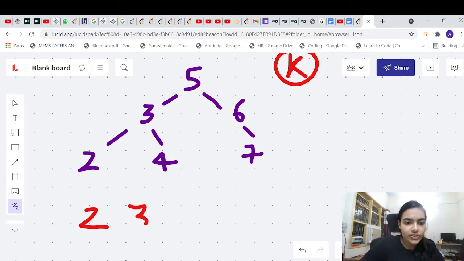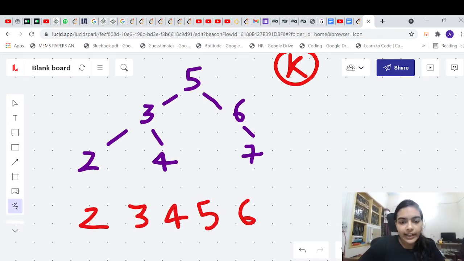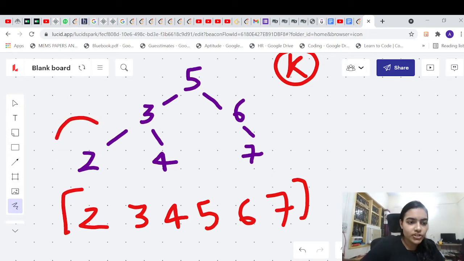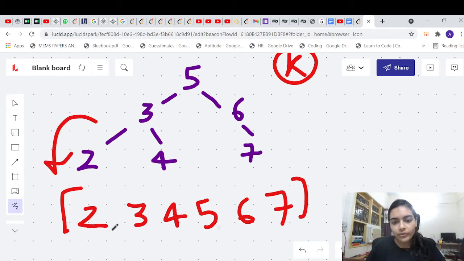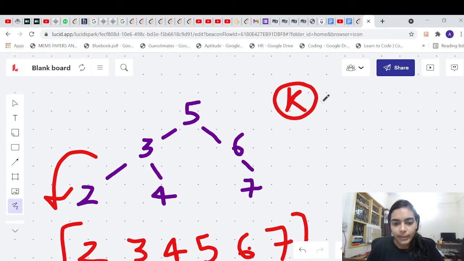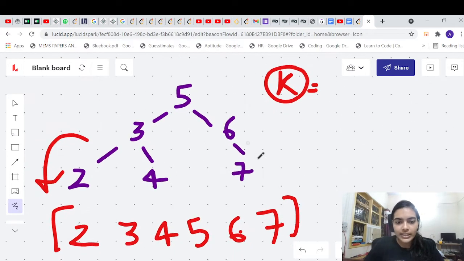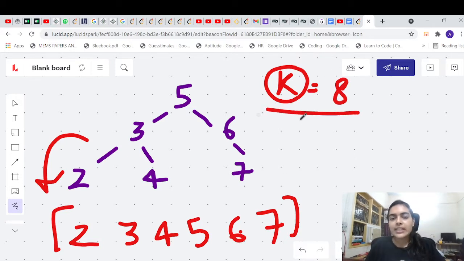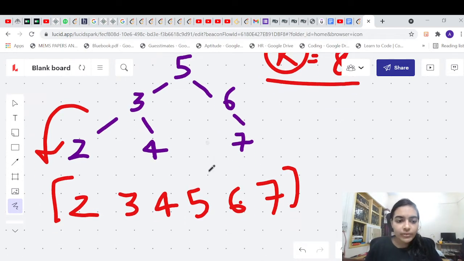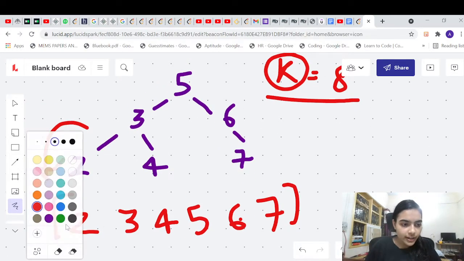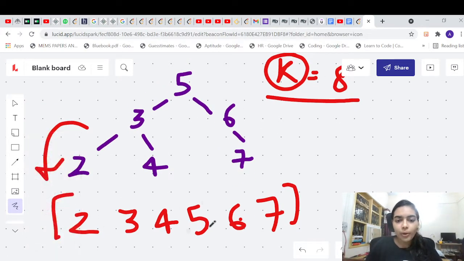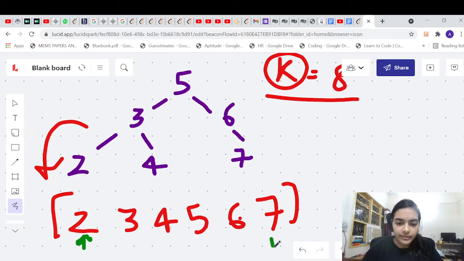Instead of this binary search tree, let's say it was an array like this. This same binary search tree, I have written the elements of it in the form of an array. And I have to find out if some two elements sum up to my k. Let's say the value is 8. I have to find out if there exists a pair such that my sum is 8. How will I solve this problem? If it was an array, then I can use the two pointer approach to give me O of n time complexity, right?